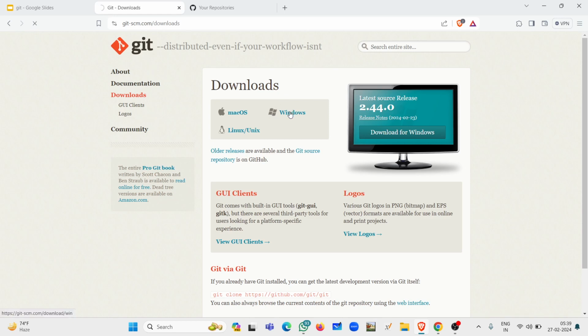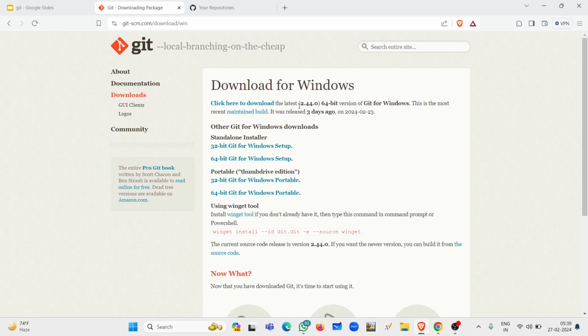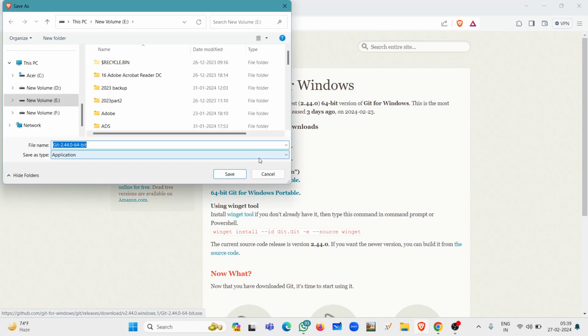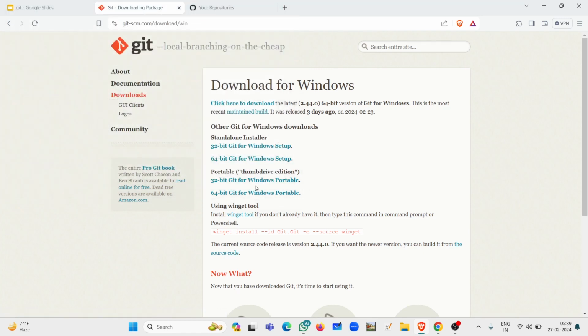Windows. Once you go for the Windows here, it is showing so many things. So you can go for the 64-bit Git for Windows setup. Once you go for this setup, it will start downloading all things. So Git, the latest version, 2.44.0 something like that, is coming. Because it is already downloaded, I avoid this one, I cancel it. It will be installed, you just show the directory where it is, so there is no issue on that one. It's clear? Then suppose you want to go for the